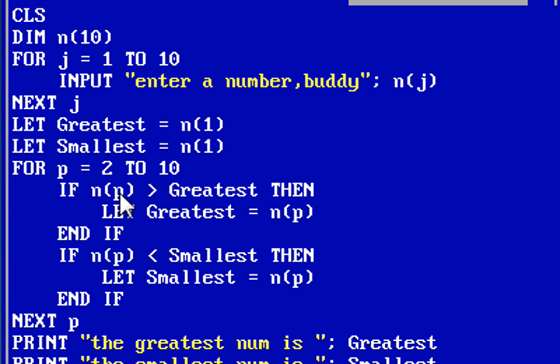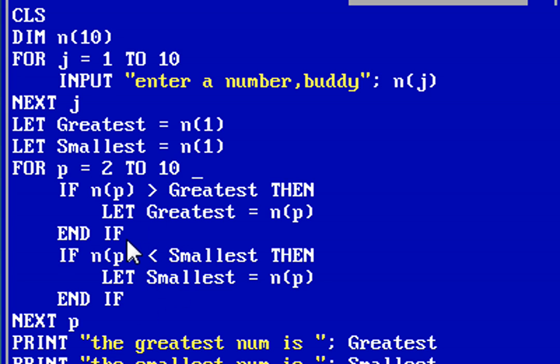So in this way we will check each and every number 9 times. As you see, it is starting from 2 to 10. It will check the remaining 9 numbers in this for next loop, and if the program gets any number to be the greatest one or the smallest one, then the assignation previously made was n1 as the greatest and the smallest one.